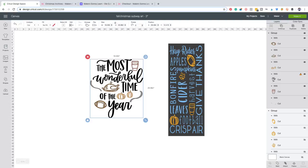So this is part of one of our fall bundles. It's the brand new one, and it has all of them in there. It's got the coffee cup, the football. Everything. I mean, literally everything. It had the leaves too, maybe? Did it? No? Yes. I don't know. We've got leaves everywhere, so many amazing cut files that you're going to be able to pick and choose for projects like this. And it is so fun to play around with mixing our dingbats and our